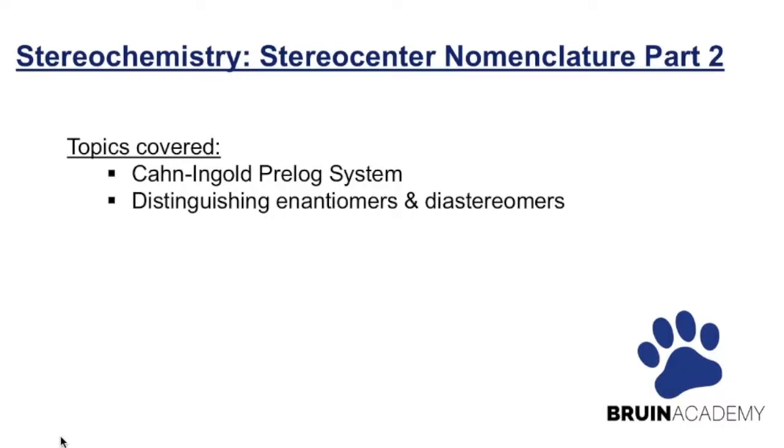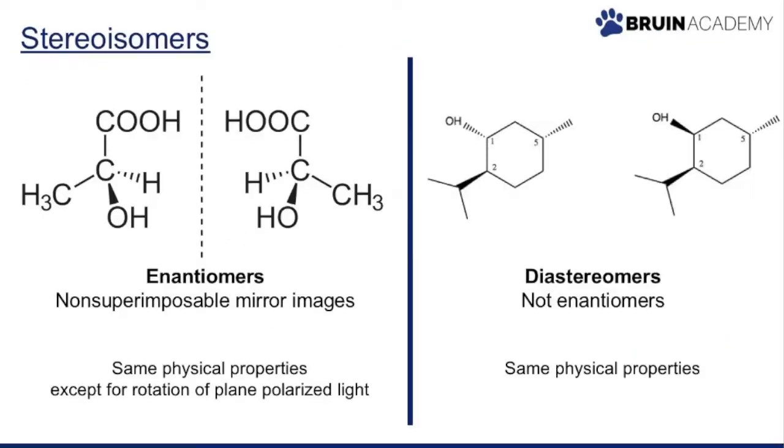Hi everyone, and welcome to our part 2 video for stereocenter nomenclature. In our previous video, we went over how to name molecules using the Cahn-Ingold-Prelog system, doing R and S, and today we're going to go a little bit deeper and apply it to enantiomers and diastereomers. So let's take a look at why this is important to know, why these R and S configurations